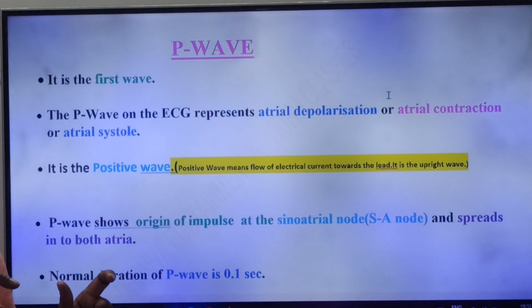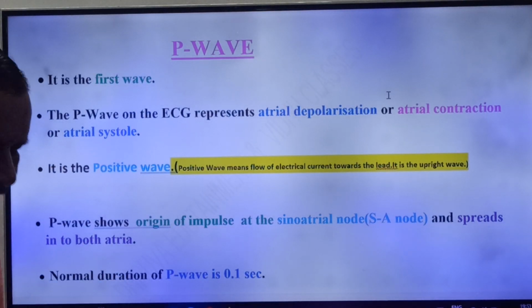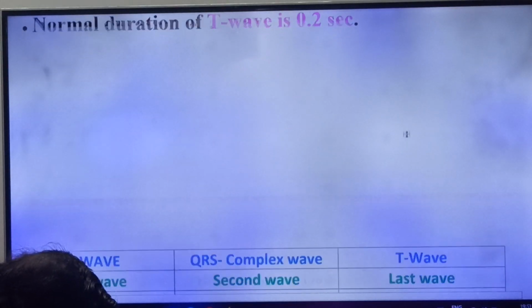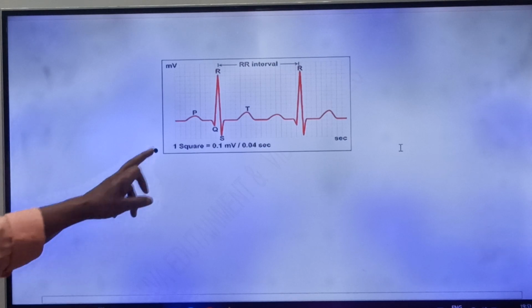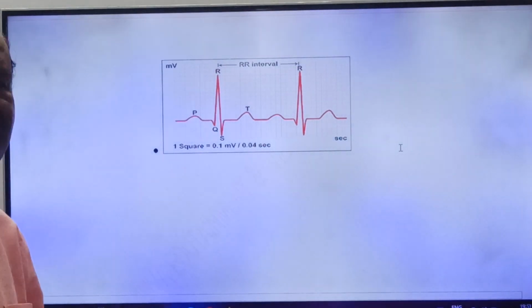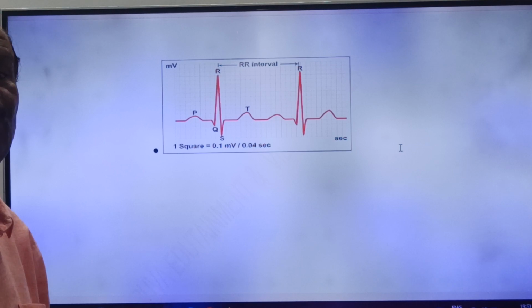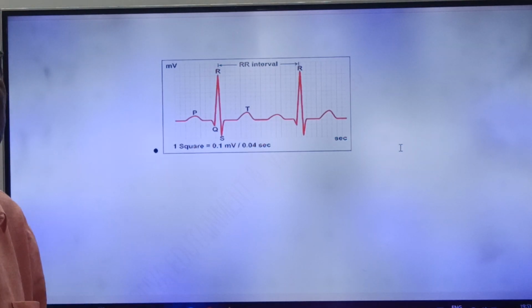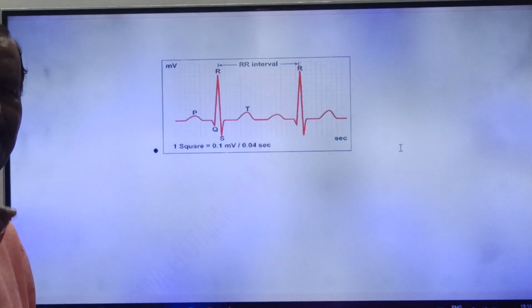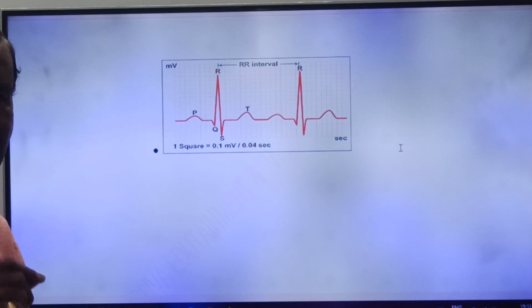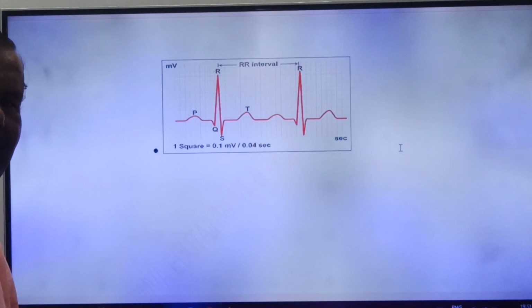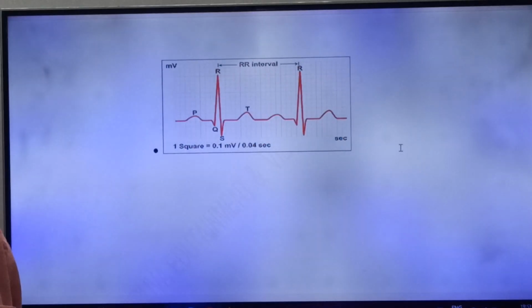So if you see the ECG, this P wave represents what, friends? It represents atrial depolarization. Simply you say atrial systole or atrial contraction. So what is the P wave in the ECG? Either you have to write atrial systole, or atrial contraction, or atrial